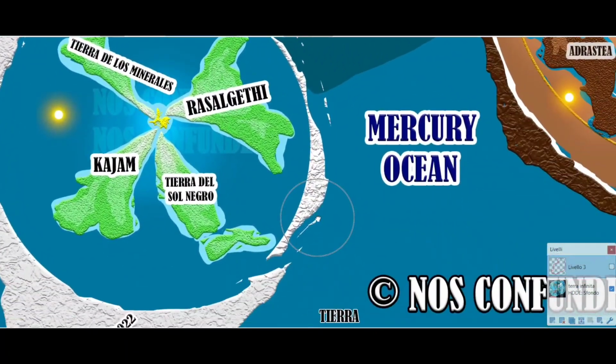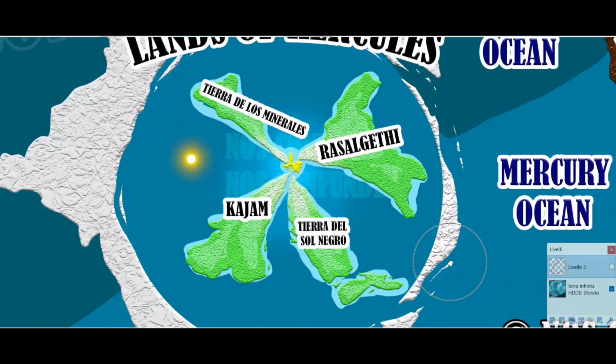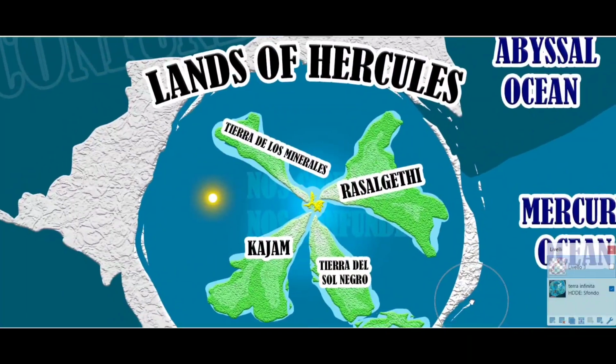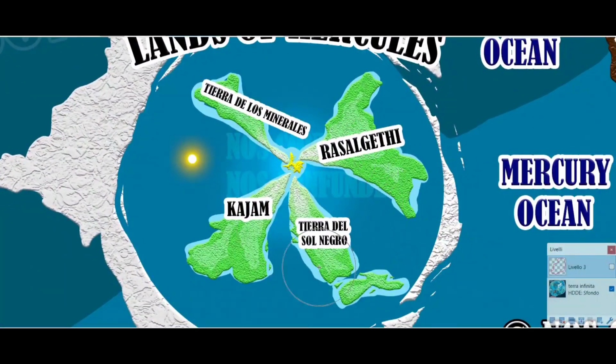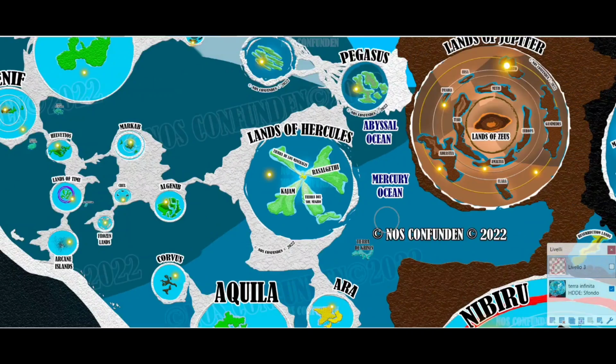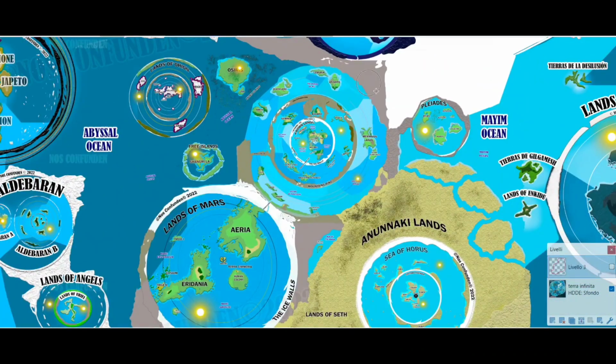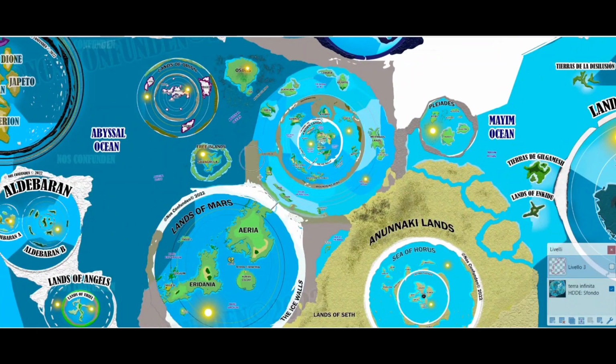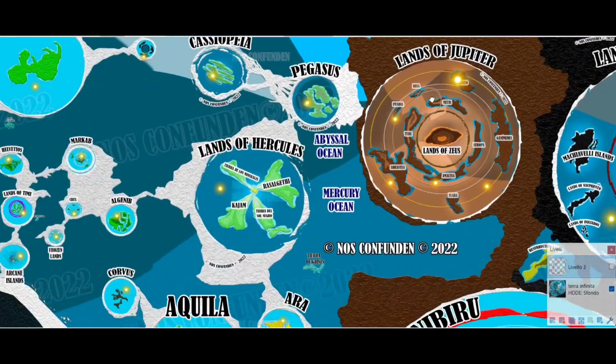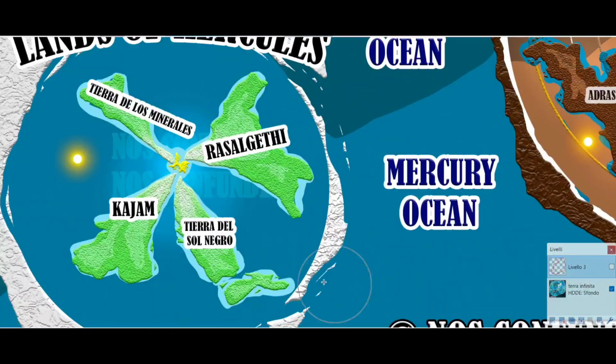So yeah, that was the starting point in the geography, and then of course it comes to the things that we probably might be more interested in. There seem to be 4 major lands in the lands of Hercules, which make up this entire plane of existence. There also seems to be just one star that goes around the system and no rings. So as you can see, while places like the lands of Jupiter and Earth itself seem to have different rings where different continents are exposed, the lands of Hercules are just one united plane of existence.